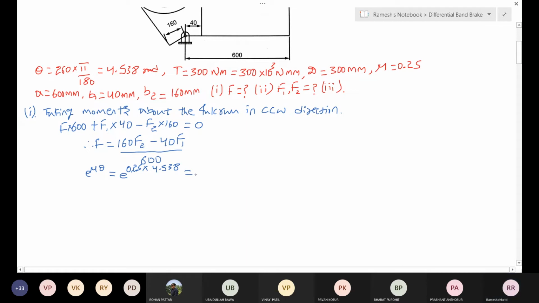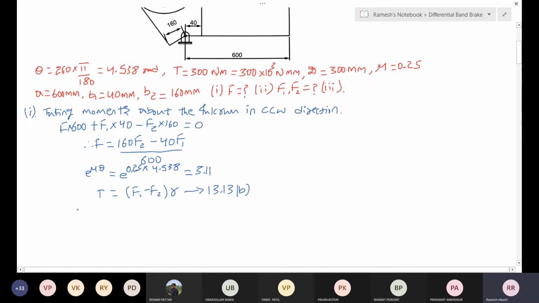How much is the value we'll be getting from this? It will be 3.11. And we know that torque is nothing but (F1 minus F2) into radius. This is there in your equation 13.13b. From this only you are going to get the values of F1, F2, that you can substitute in this equation. If you see the given data, torque is given, that's why I have taken this equation. When torque is given, you can take this equation.